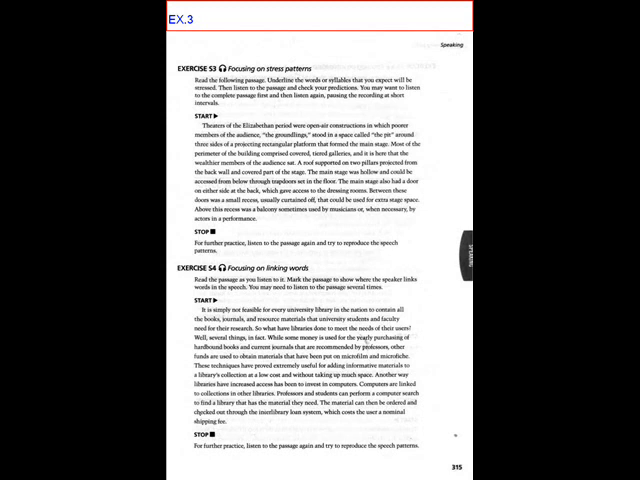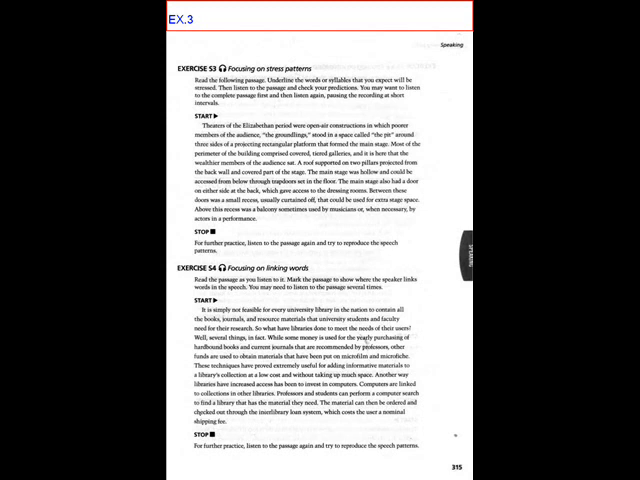Well, several things, in fact. While some money is used for the yearly purchasing of hardbound books and current journals that are recommended by professors, other funds are used to obtain materials that have been put on microfilm and microfiche. These techniques have proved extremely useful for adding informative materials to a library's collection at a low cost and without